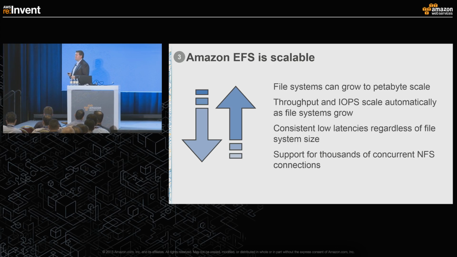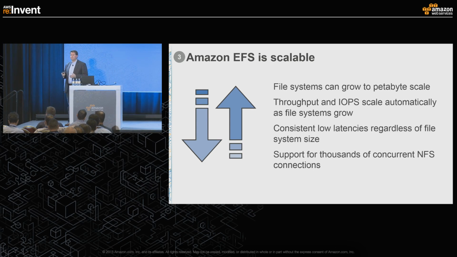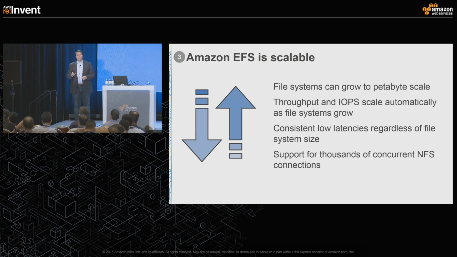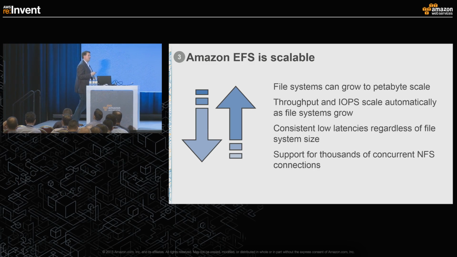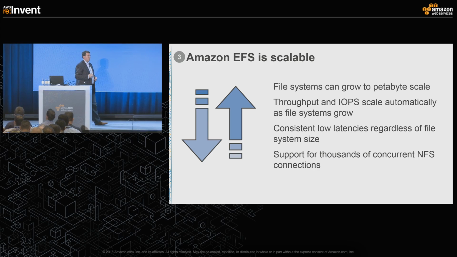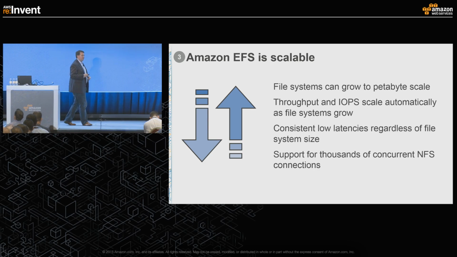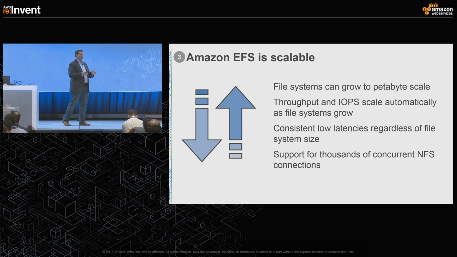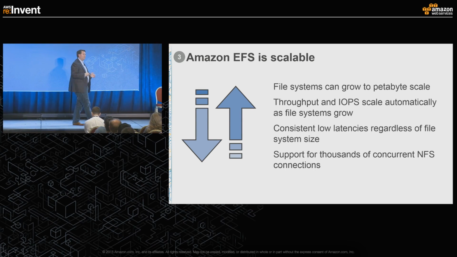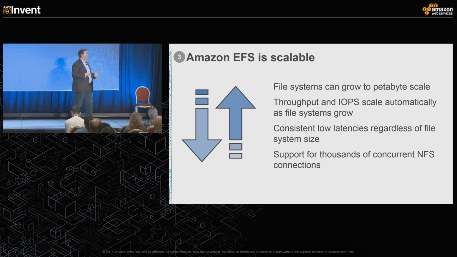And Amazon EFS is scalable. You can start at 0 bytes and scale up to the petabyte scale. And the performance model is novel. We've linked the performance model to the volume of capacity that's inside of a file system. That is, as the file system gets bigger, it gets faster. As you remove content out of the file system, it goes back to a declared baseline, all without any type of end-user intervention or any type of administrative function that's required in order to do that.